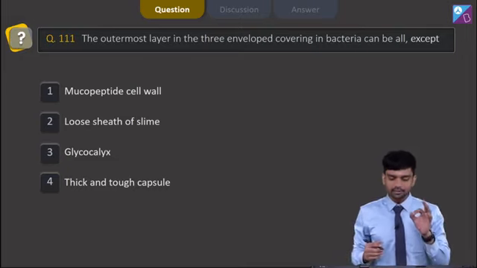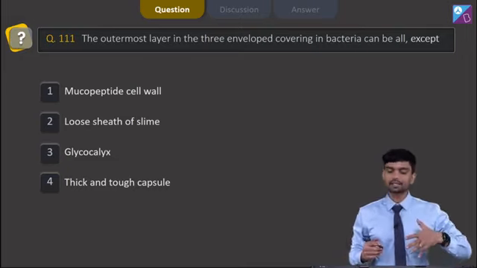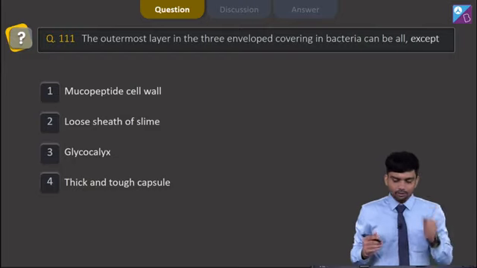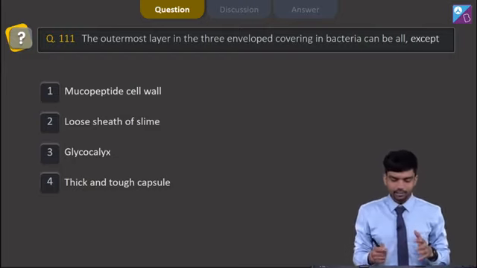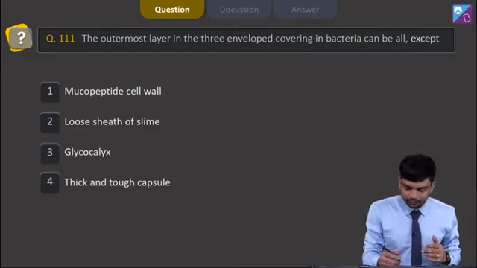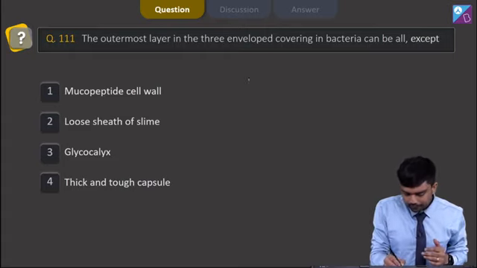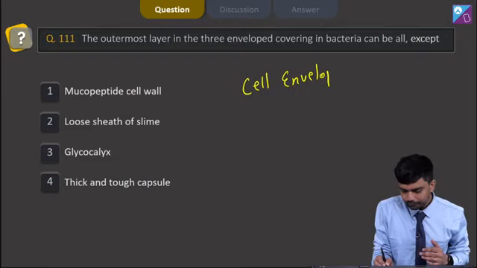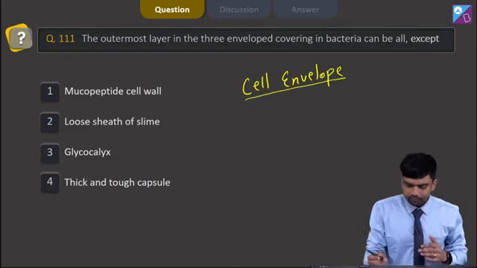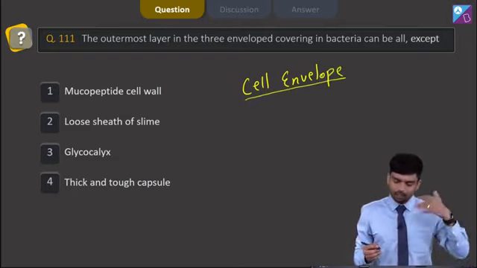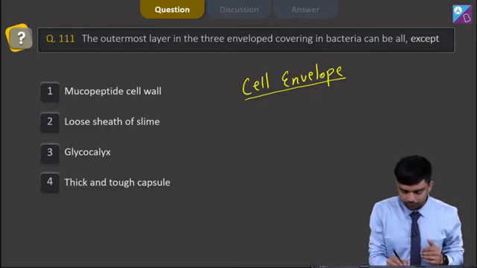The outermost layer in the three enveloped covering in a bacteria can be all except. So understand, when I'm talking about the outermost layer in a bacteria, it is actually called the cell envelope. And when I'm talking about the cell envelope, from outside to inside, it is made up of